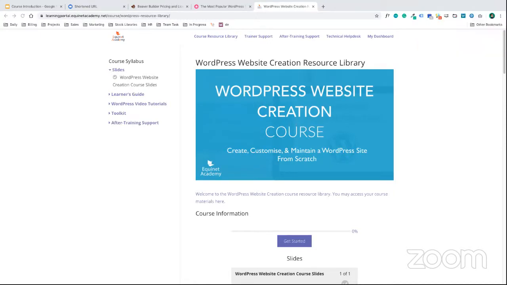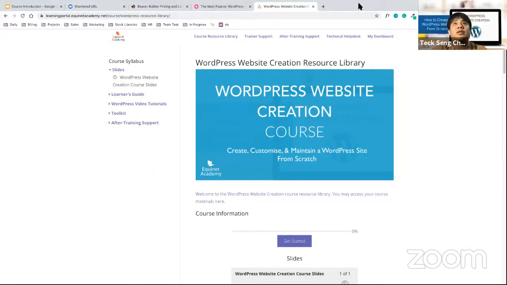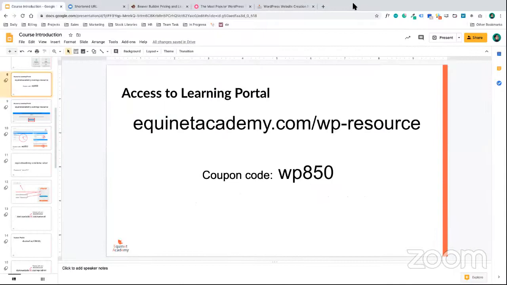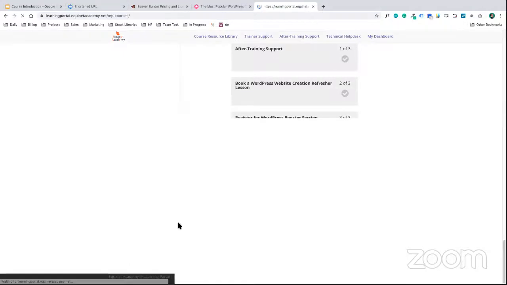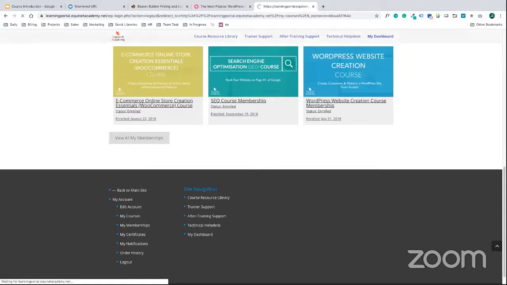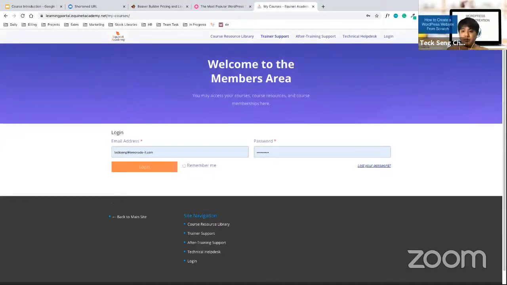Can you please show us how to log into the Equinet resources? How to log in? You go to this link. Yeah, I'm not there, but I don't know. Yeah, at this screen. Okay, let me. Give me a while. Not at Equinet Academy learning portal about us resources. Give me a while. Okay, can you see there's a login on the top right hand corner?